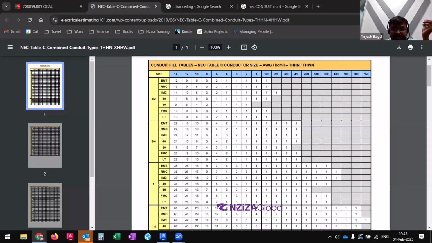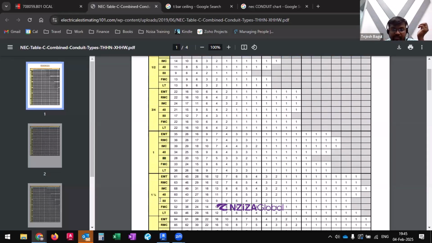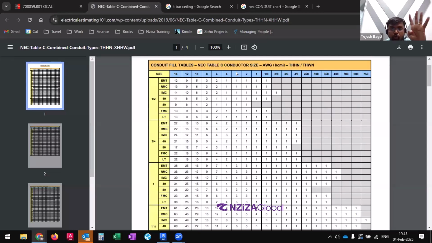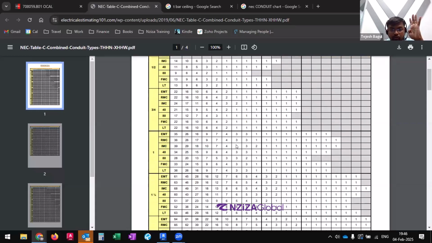All right. So in that case, what we are going to try to check is which Schedule 80 PVC can handle up to 4 quantity of number 3 American wire gauge. So if we are going down over here, we see the IMC can handle 4, but we are looking for a Schedule 80 to handle 4. So we'll go down again, and you see the Schedule 80, which is 1 1/4, can handle up to a total of